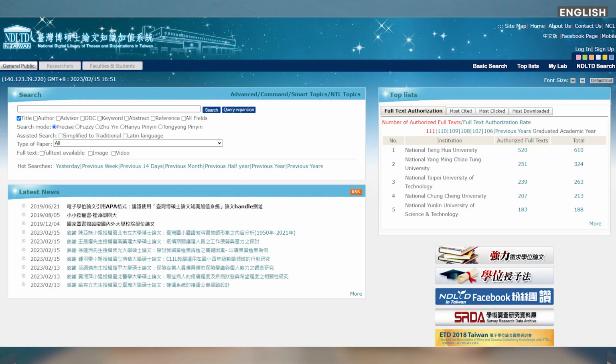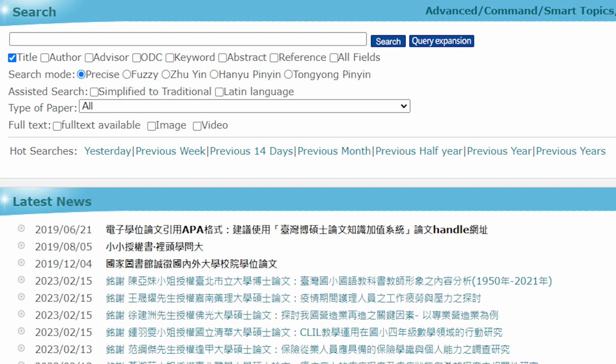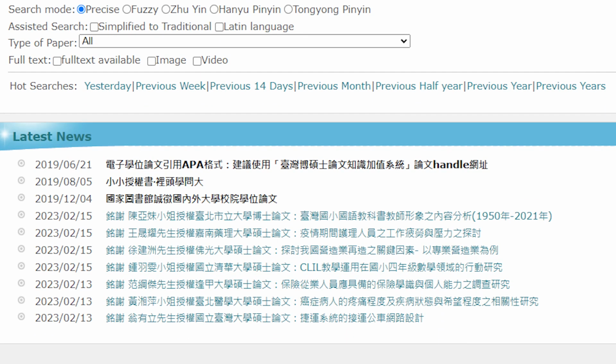In addition to Google Scholar, we also need to find theses and dissertations in Taiwan so that our students can find who has done what. They can also follow the links to see those advisors who advised certain topics and go find what they have to say in other publications.